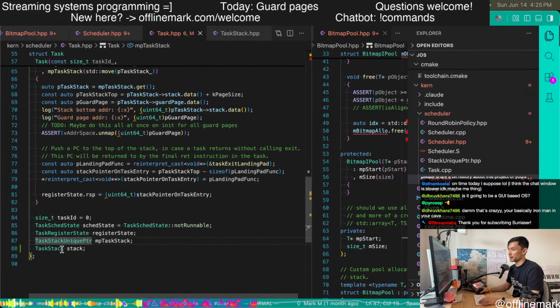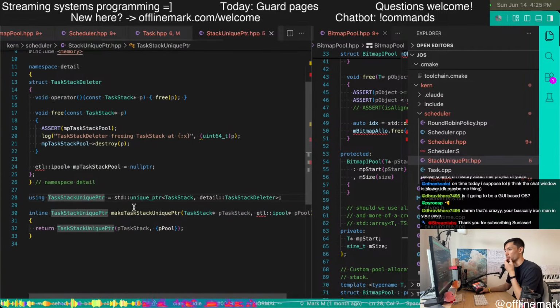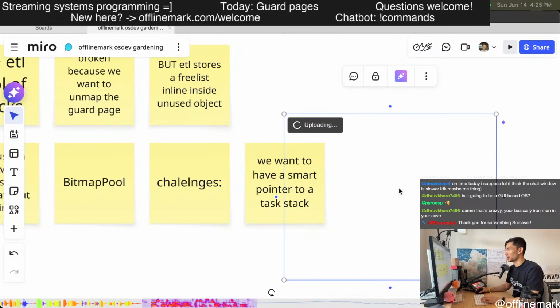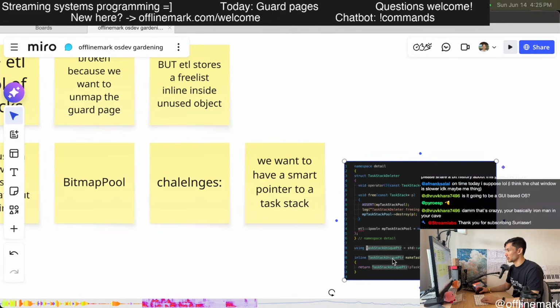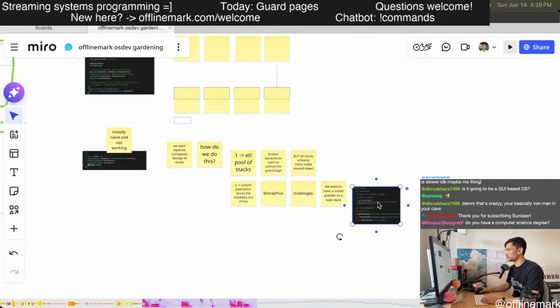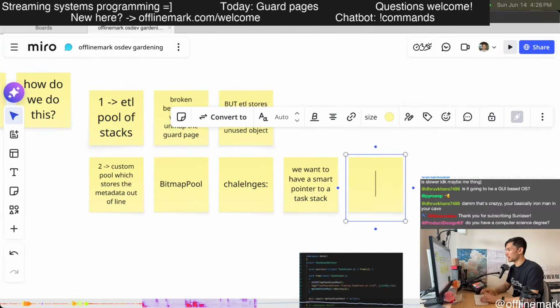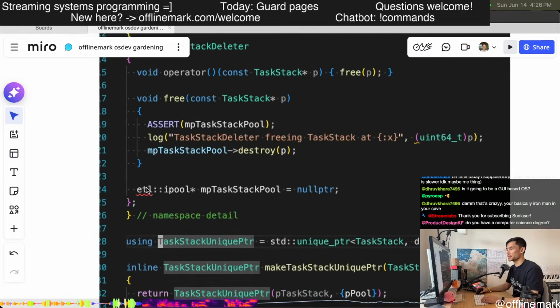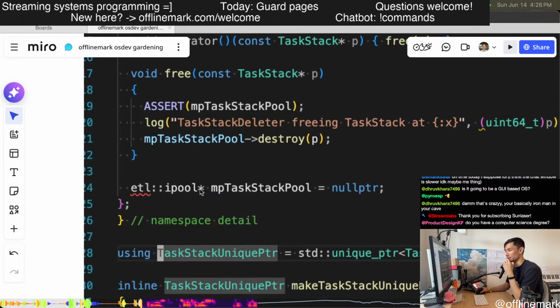Because the way the smart pointer works, it was relying on a specific feature of the ETL pool called the iPool. In V1, we prototyped with ETL pool relying on iPool. iPool is sort of like a type erased pointer.